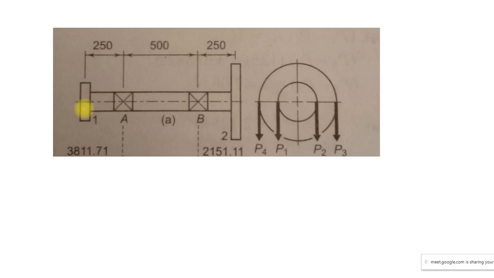On the left-hand side of A, I have one pulley, named 1, which I have considered as C. Outside the bearing B, you have the other pulley, which I have named D. So this diagram was actually given. To interpret it, all the forces act vertically downward. They have given P1, P2, P3, P4, where I have taken the tension values as T1, T2, T3 and T4.